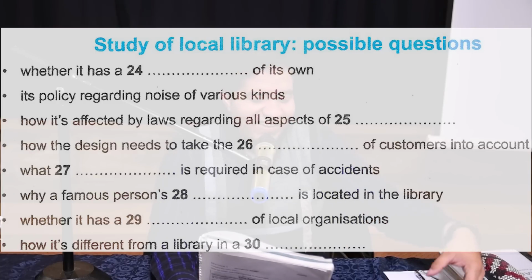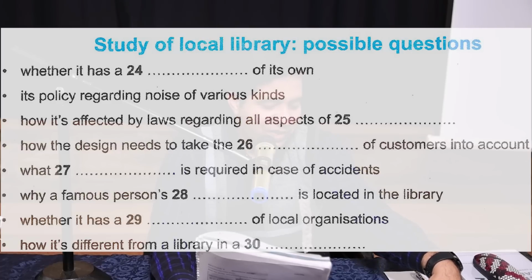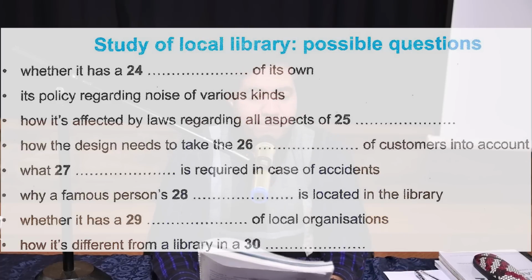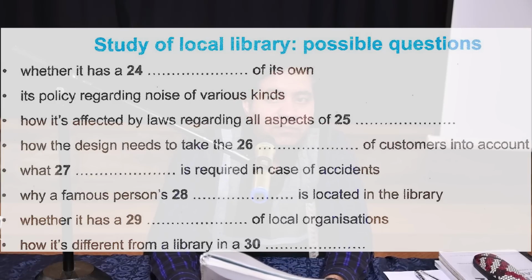That's right. Okay. Question number 27. Let's do it. Oh, and another thing. There's the question of the kind of insurance the library needs to have in case anyone gets injured. Yes, that's something else to find out.